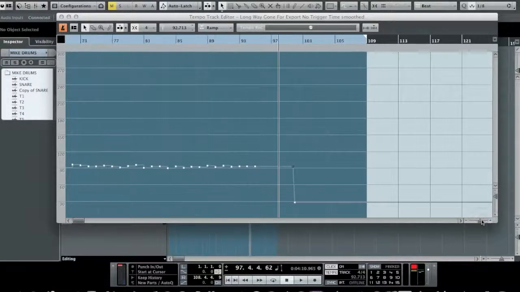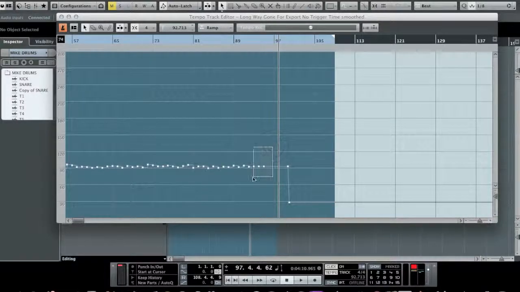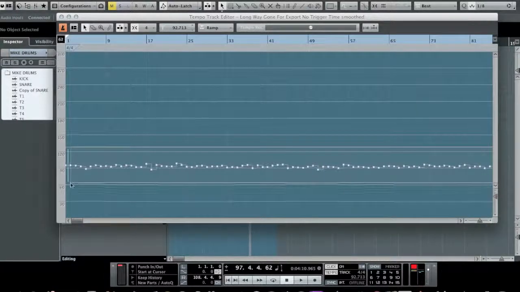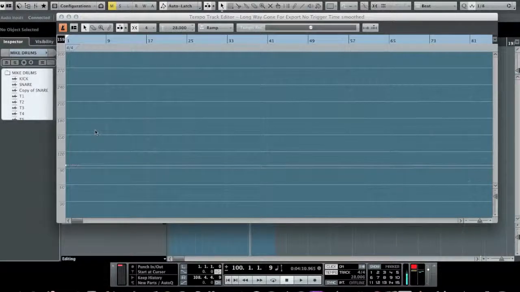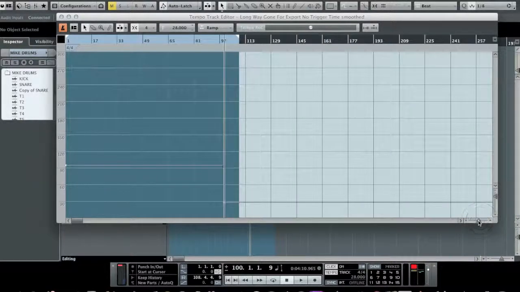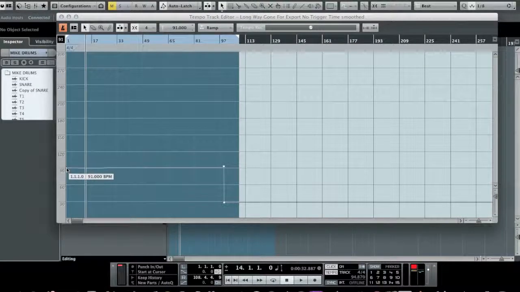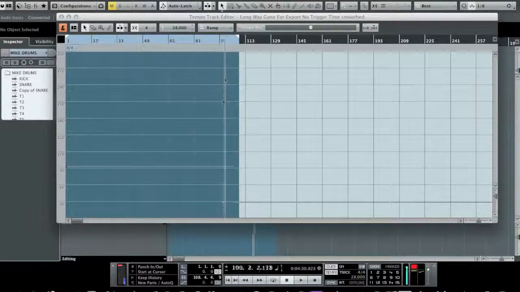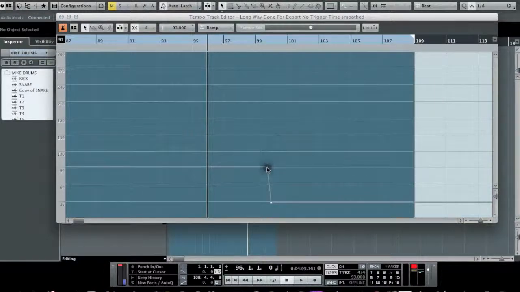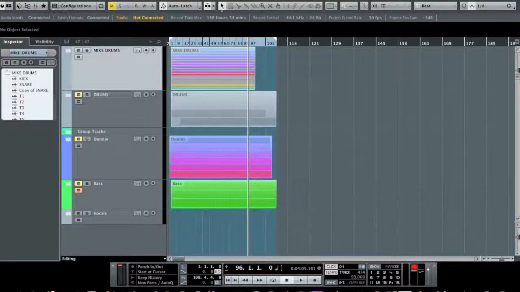So what we're going to do is select all of these, all of them, and hit delete. And now what we have is one static time signature. Now for whatever reason it's 94.87. We're trying to get it to 90. I want it on 93 because that's approximately where it was. Give or take, that's about where he was playing. So now that we have that,